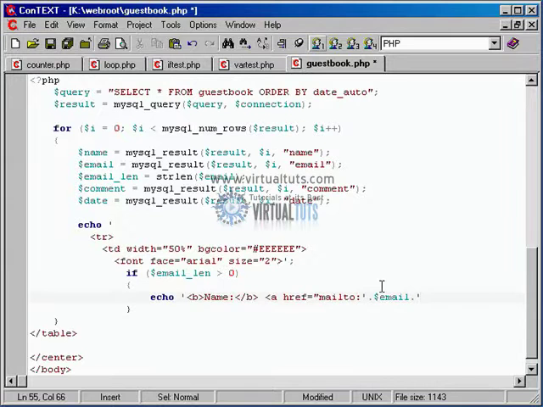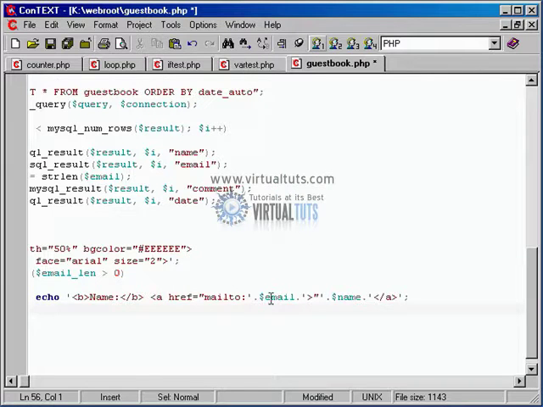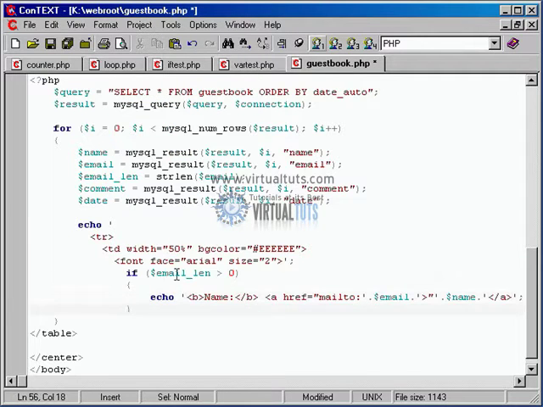So mailto the email, and then again jumping back out, adding the person's name, concatenate again, go back in, and the A tag, and that echo as well. So we echo out name and then create a link to their email and then write out their name for that link. Now, if they didn't put an email and email length is 0, we'll use else,